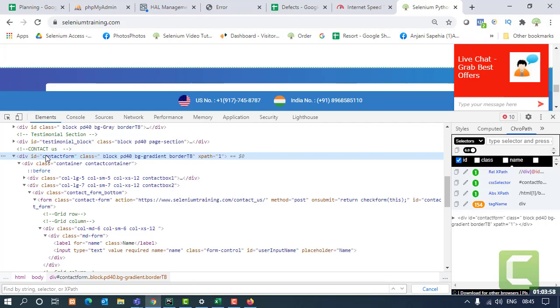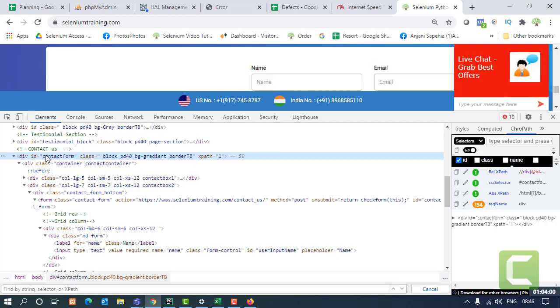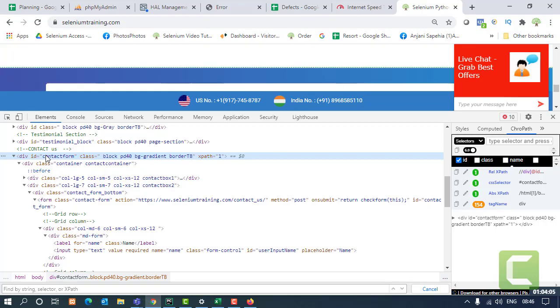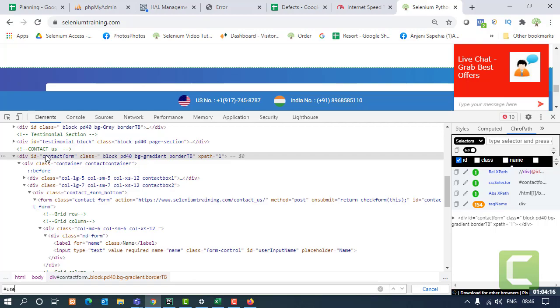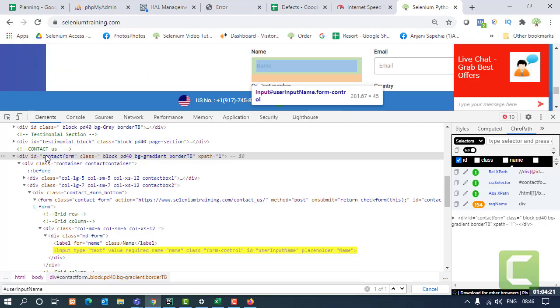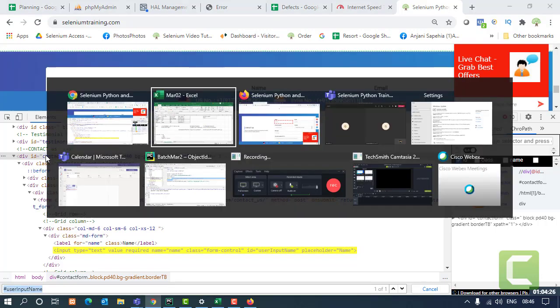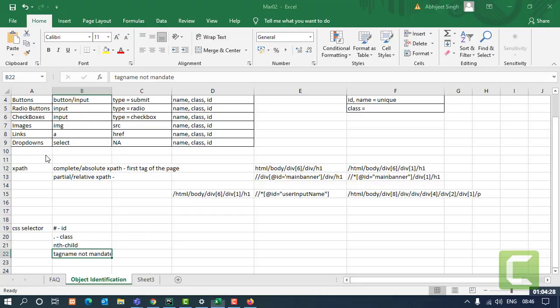So I can simply press Control F, use hash and give the value of that tag name, that was user input name. Over here that got highlighted. This is the CSS selector for my name text box.